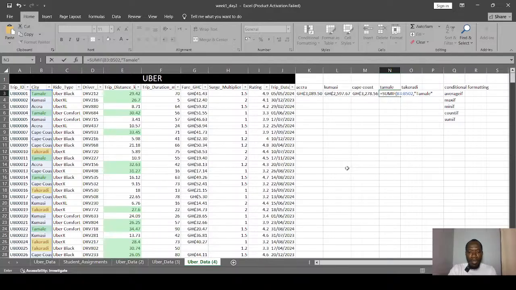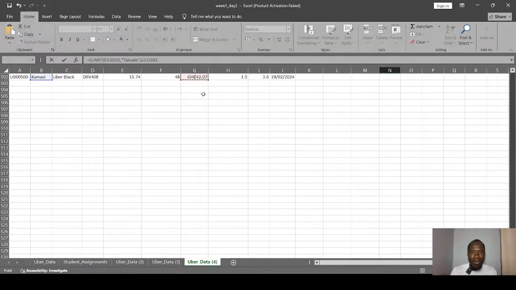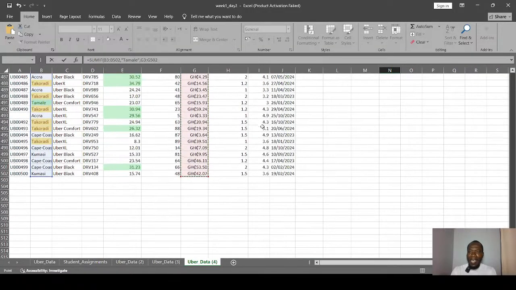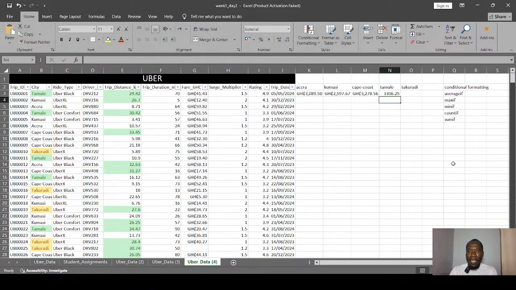Comma, then our sum range is in column G, so we start with cell G3, Control Shift down arrow, Control Shift down arrow, Control Shift down arrow. Oops, I down arrowed myself. Sorry about that. I'll close the bracket, enter, and then we have the fare for Tamale, the total fare, right?